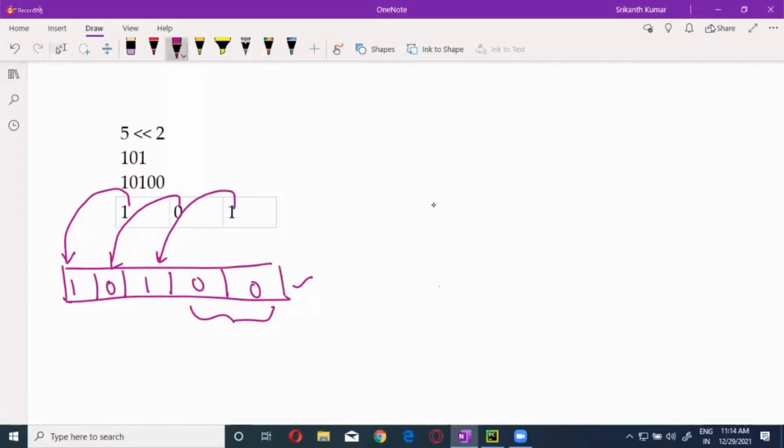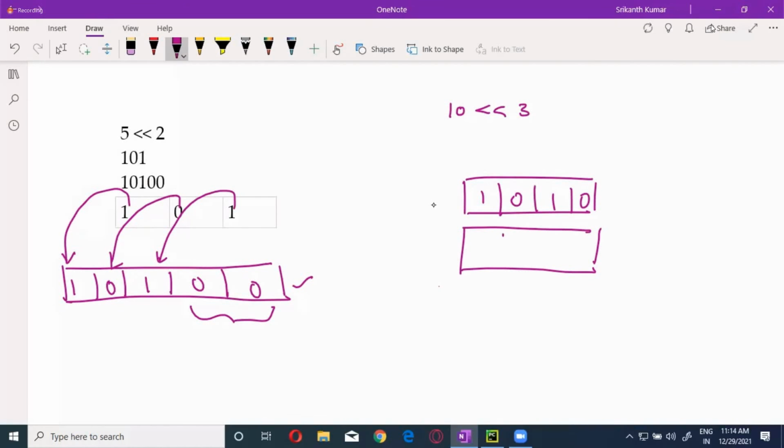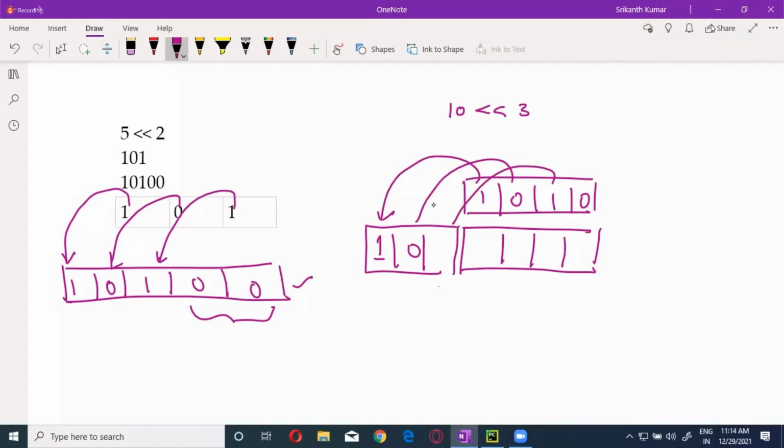Now, if you are having a 4-digit number, let's take the 4-digit number like 1, 0, 1, 0. This is a 10. Now I want to shift it. 10. I want to left shift 3 places. So this will be 4 digits, 4 places. You keep the 4 places as it is, and I'm adding extra 3 places over here. That is 3 places we are going to shift each value. This value will be coming towards this left side 3 places. This will be coming over here. This will come over here, and this will come over here. Now, whatever the rest of all? Zeros. This is the one you're going to get.